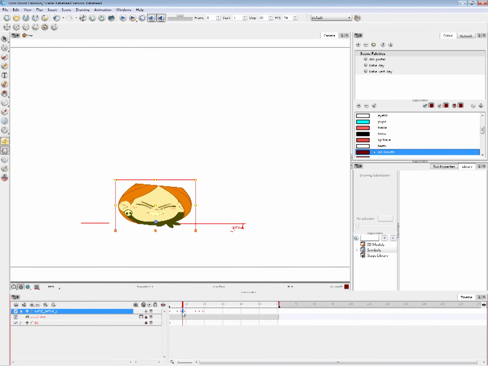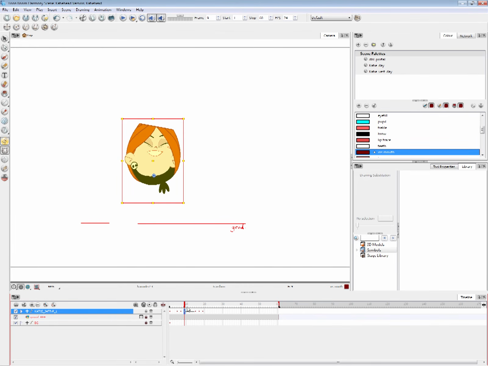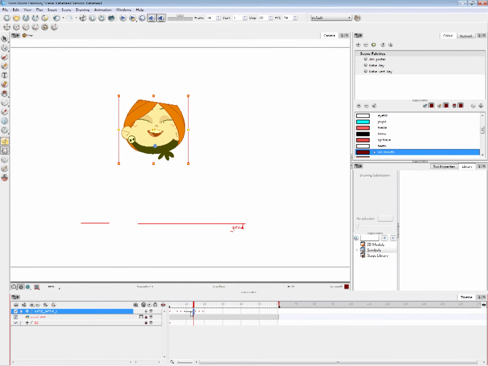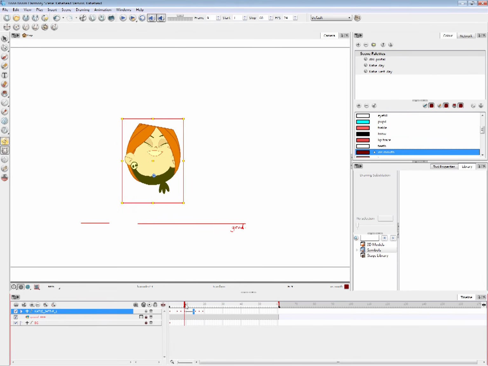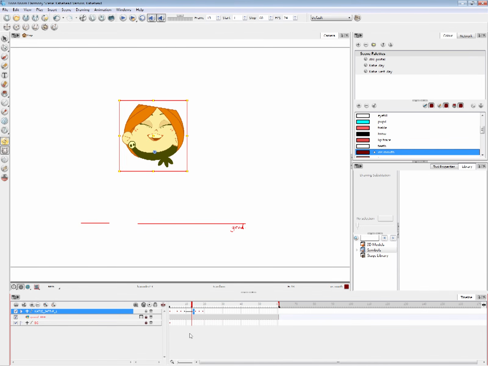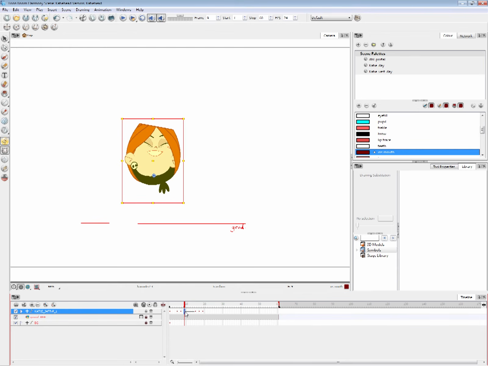and I'm gonna go to this frame and hit K, and it creates this line on the timeline, and that is auto tweening, I guess in terms of Flash terminology. I think in Toon Boom it's called stop motion keyframe.